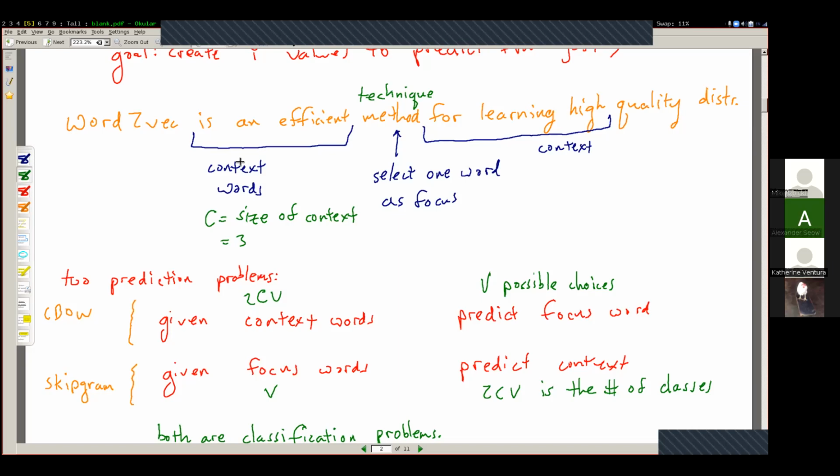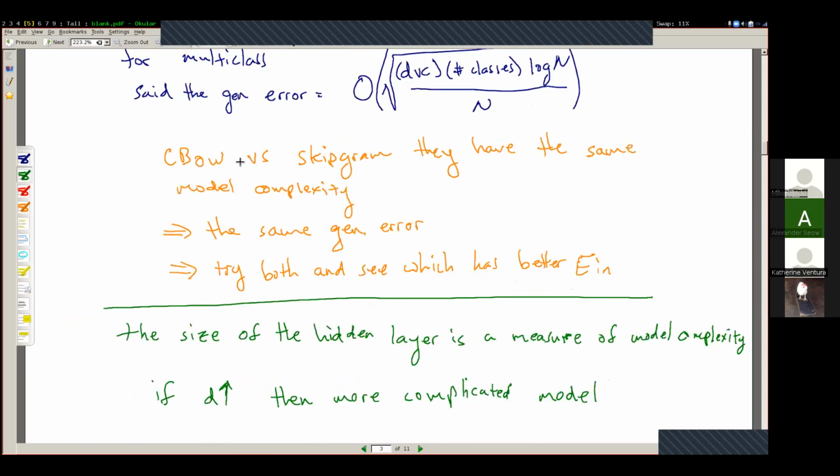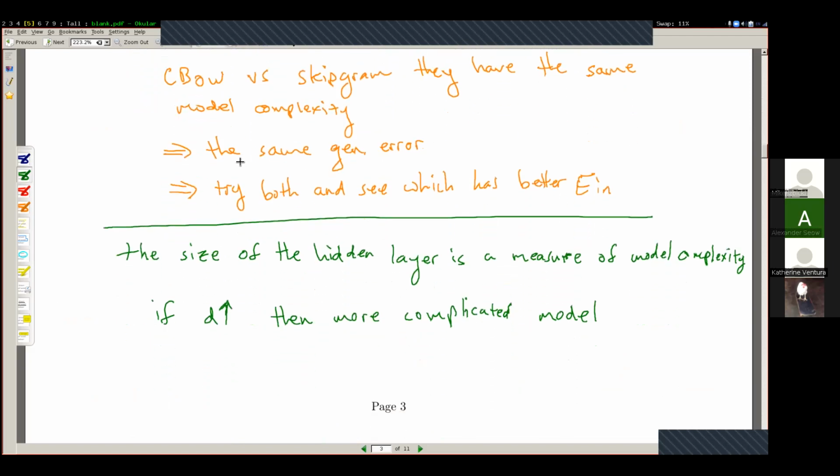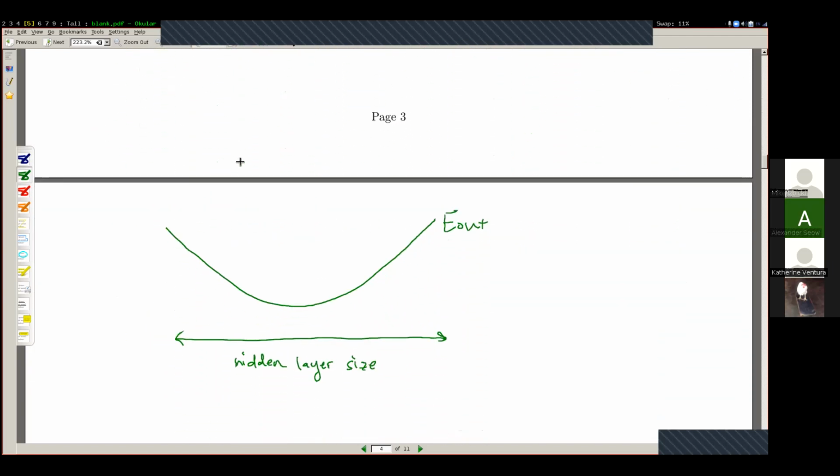We haven't quite gone over the ways to select the dimensions that you're making. Yeah, so the question is then how do we select the D dimensions that we're creating? And the answer is that whatever your output measure is going to be, you're going to have some sort of curve that looks like this. Let's see. I'm going to pause your question and we'll come back to it. The first thing that I want to do is I want to go back to